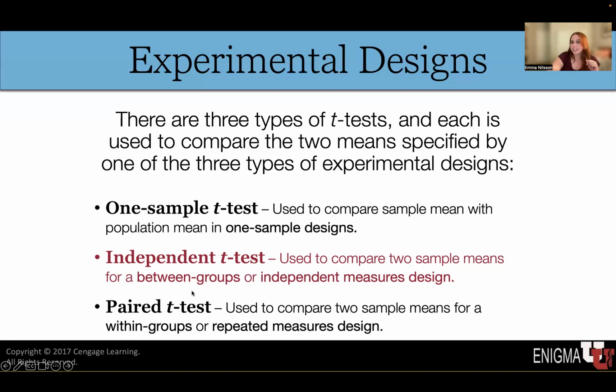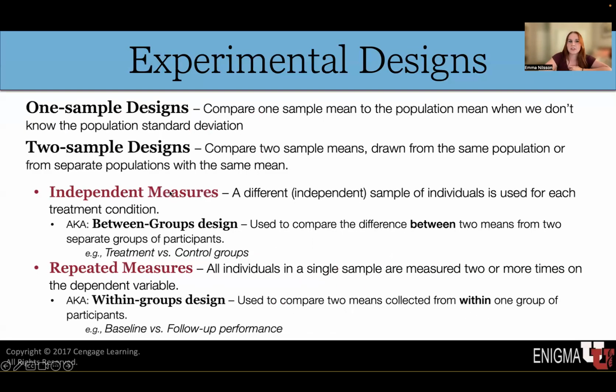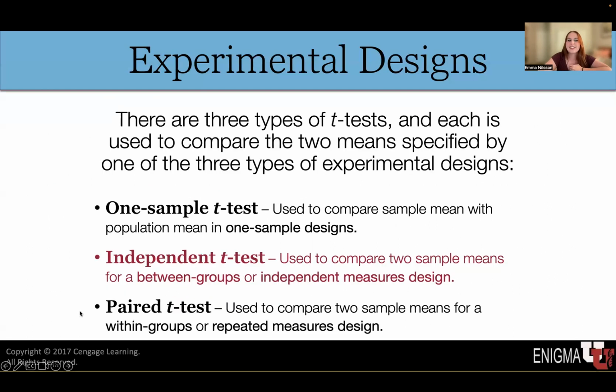The next type of t-test we're going to talk about is the independent t-test. We use this t-test when we're comparing 2 sample means for a between groups or independent measures design. So this is actually what we're going to talk about today, and it corresponds to this, independent measures. And then the third type of t-test that we're not really going to talk about today is called the paired t-test. It's when we're comparing 2 sample means again, but from the same sample, from a within groups or repeated measures design. So for the rest of this lecture, we're just going to focus on the